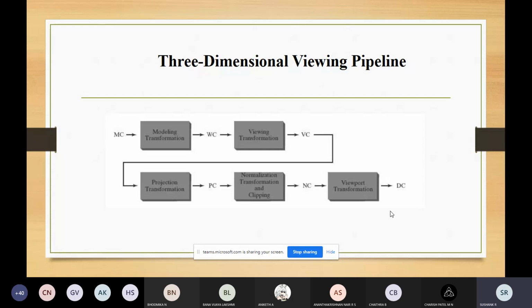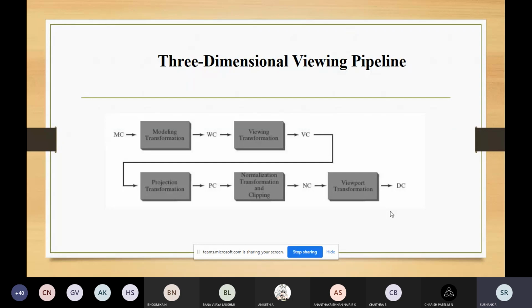In addition to this, we will set up a display window in the screen coordinates, just like the one we were using in the 2D viewing pipeline. So here the clipping window, viewports and display window will be specified as rectangles with their boundaries parallel to the coordinate axes.